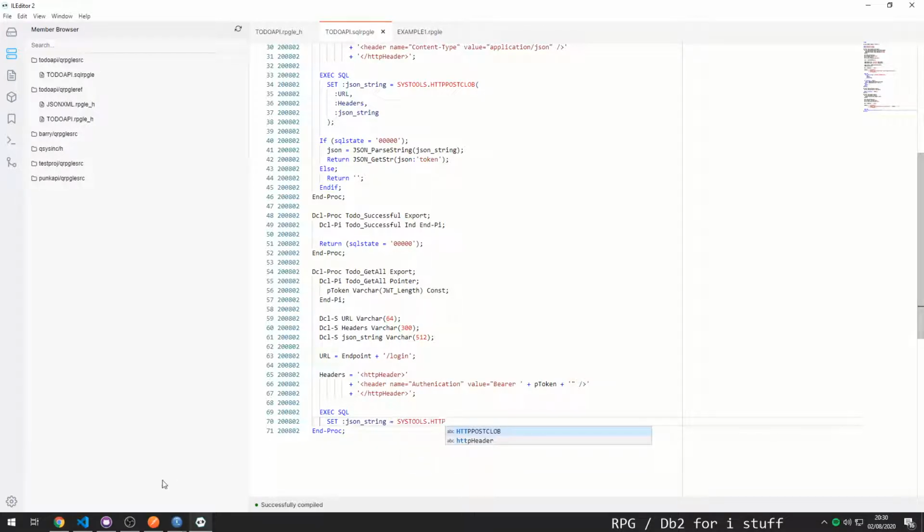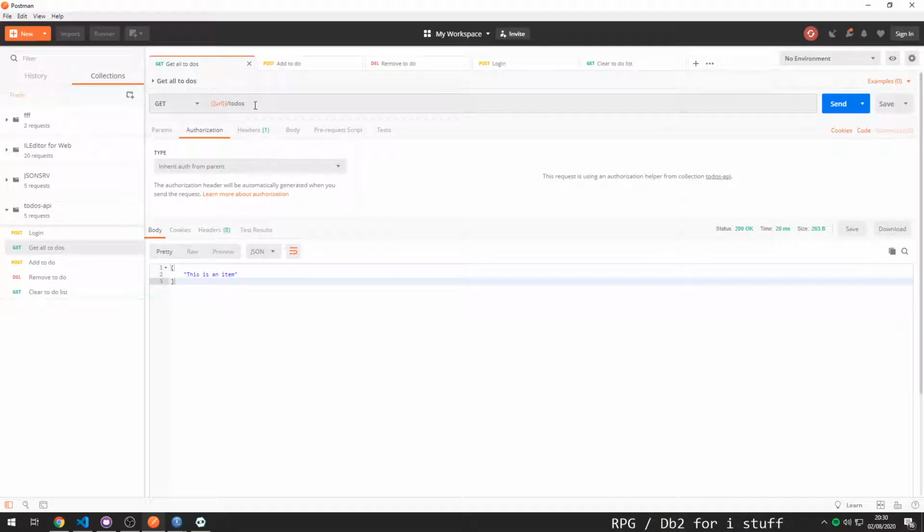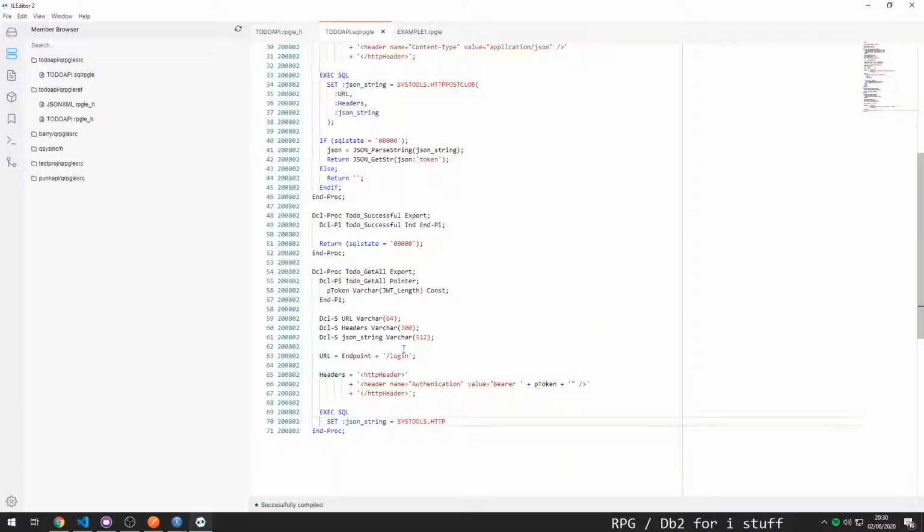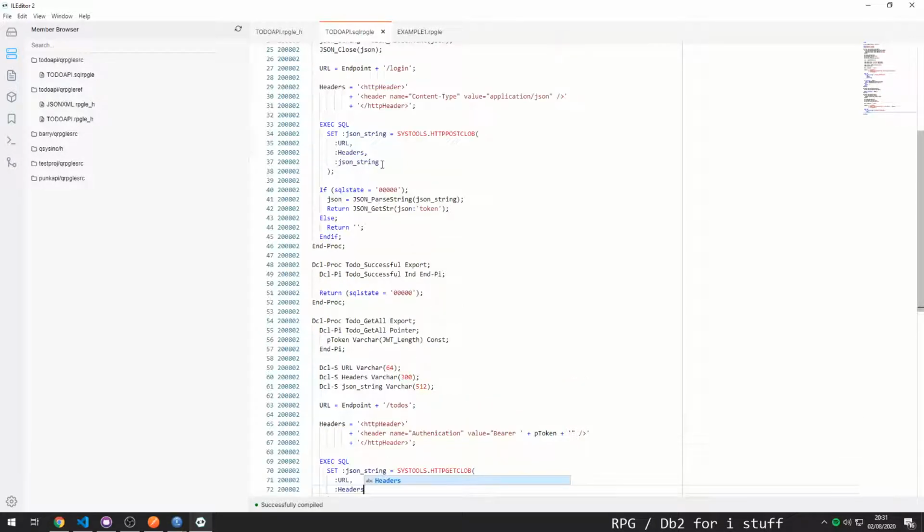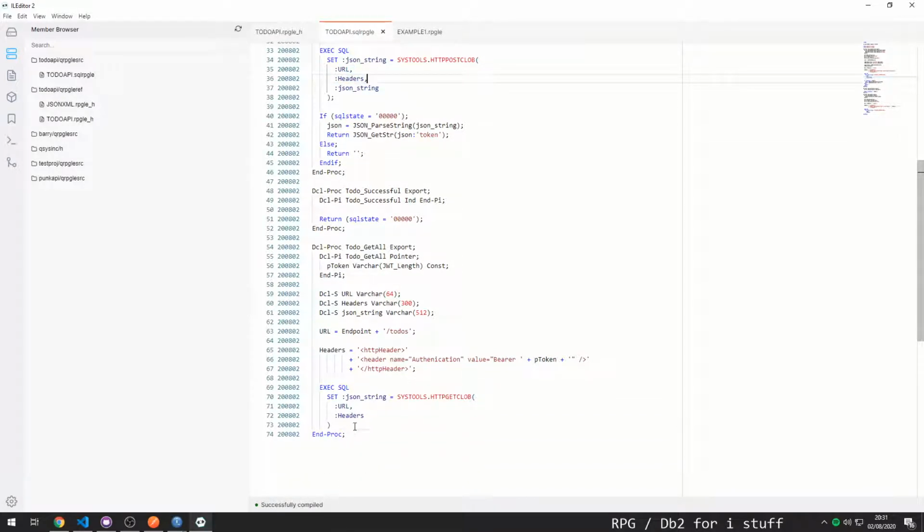systools.http. Now this is a GET request, so pretty straightforward. And it's just going to be the URL /to-dos. So we even need to change this to to-dos. HTTP get clob. And this one is nice and simple. The first parameter is the URL, and the second parameter is the headers. Now, of course, I know that because in the last video we got that round the wrong way, but I cleared it up. So that will set that, and then all we're going to do is return